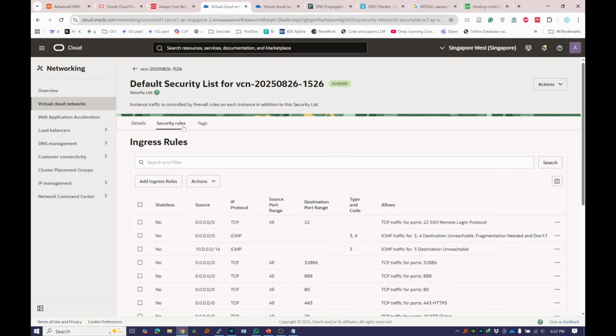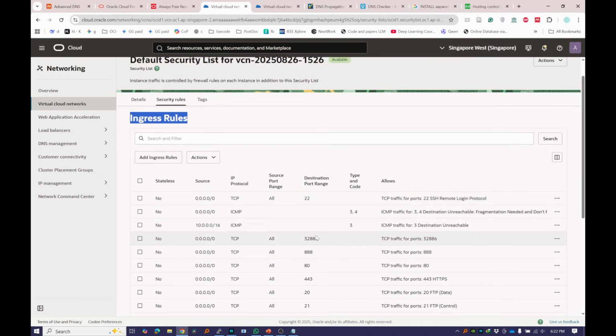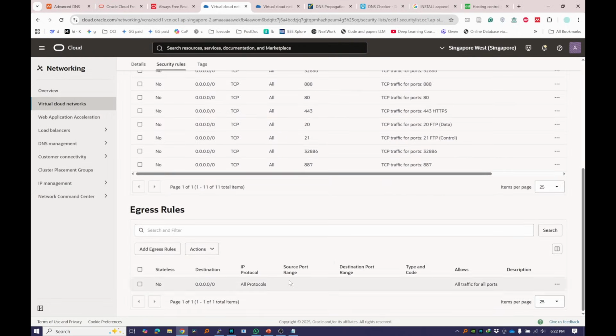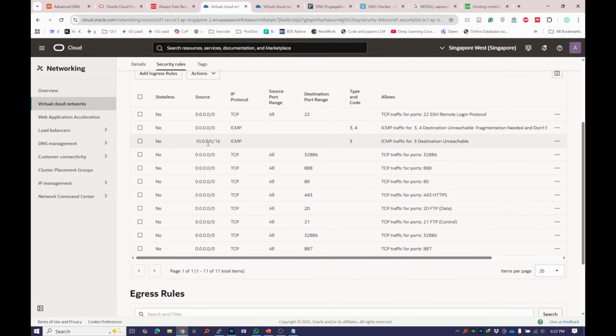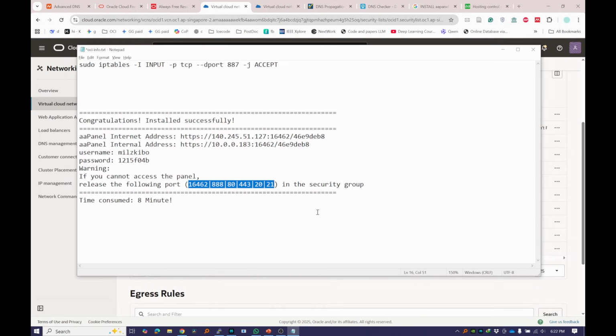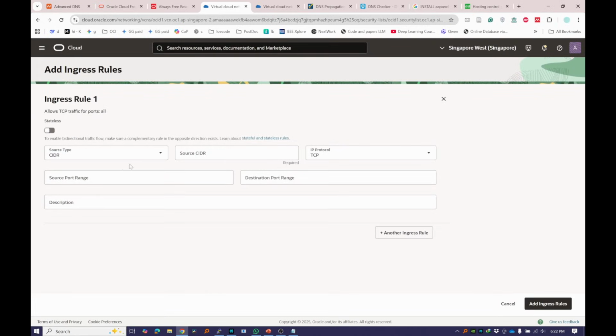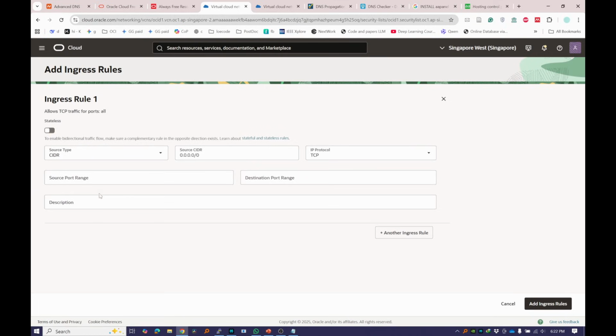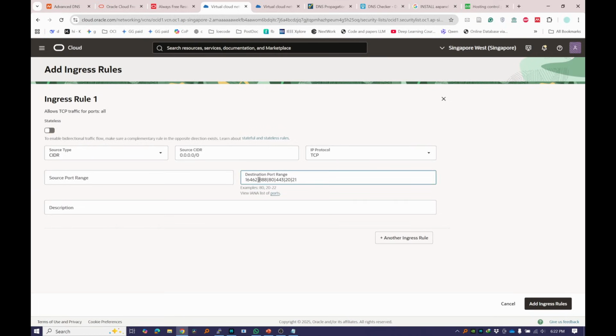Here I need to click on security rules, and you need to add ingress rules for all the ports. So these are the ports which were previously enabled in my OCI or my instance, but here I can add more rules as well. So I will copy all this information, then go to ingress rule, and here I will put the source as 0.0.0.0/0. It means from all addresses, don't change anything. Just put in the destination port,